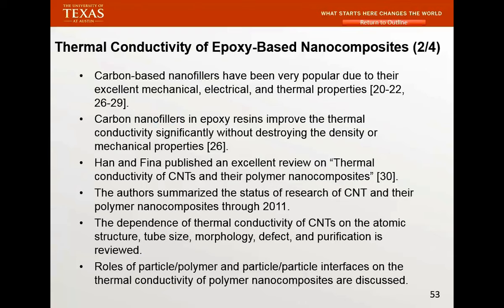everybody using CNT. They use multi-wall, they use single wall, and they will say that they could make it thermally conductive. It really depends on structure, all of these different things. The majority of people you see use epoxy. You know why epoxy? I'm going to ask a question. Why do people spend so much time on epoxy? Why do they choose epoxy? Why do they use epoxy?